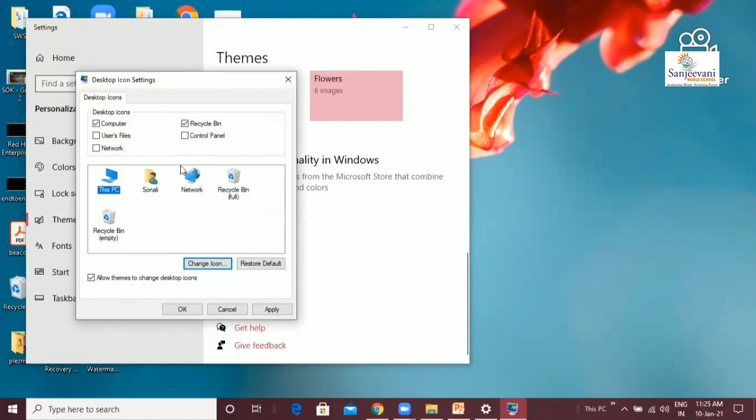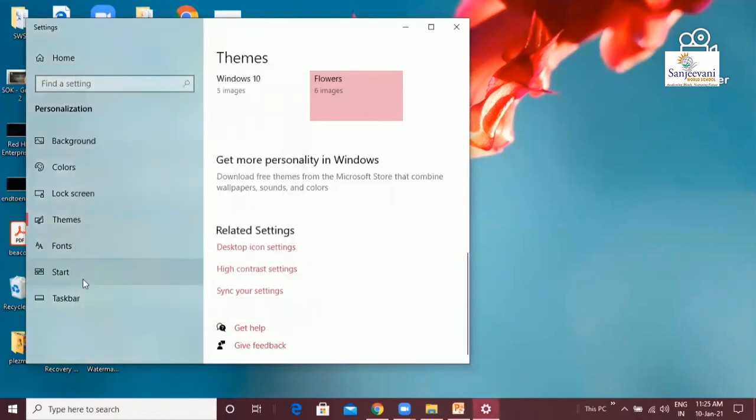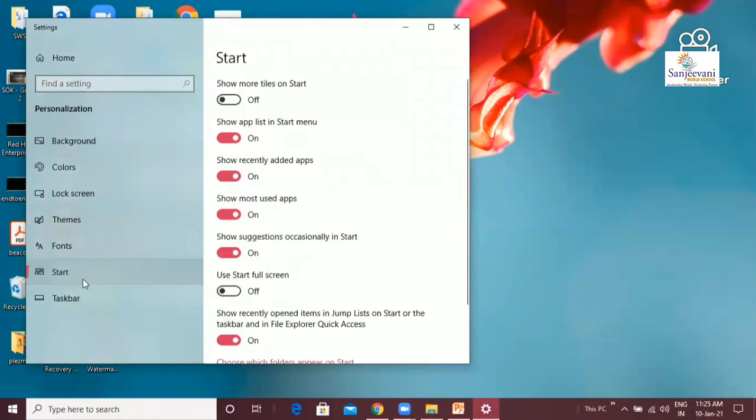Customizing the start menu. We can also customize the start menu. You have already learned how to change the color of the start menu. Click on the start option in the personalize settings. It will let you change which apps and folders appear in the start menu. You have to decide whether you want to see recently used apps and choose whether to have the start menu display as full screen. So let us discuss.